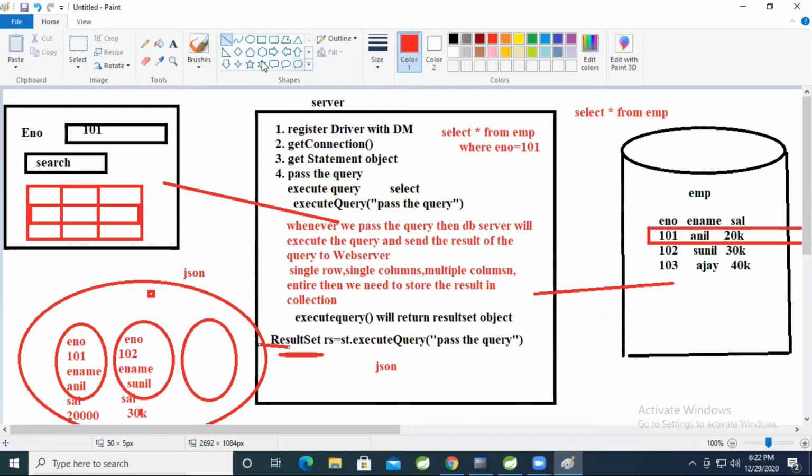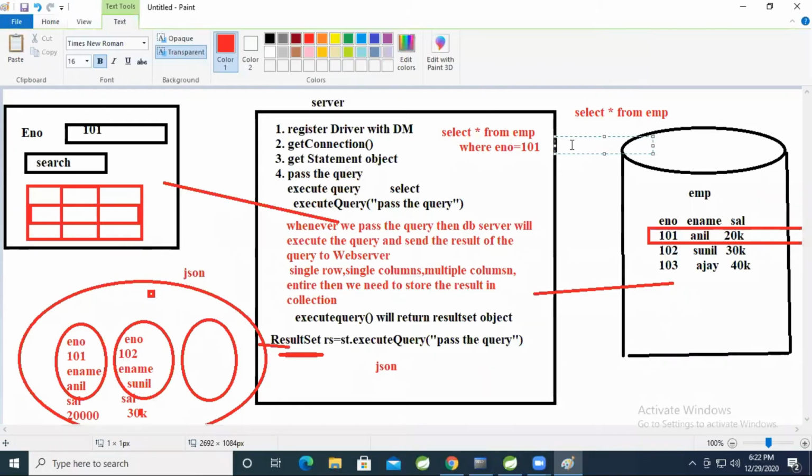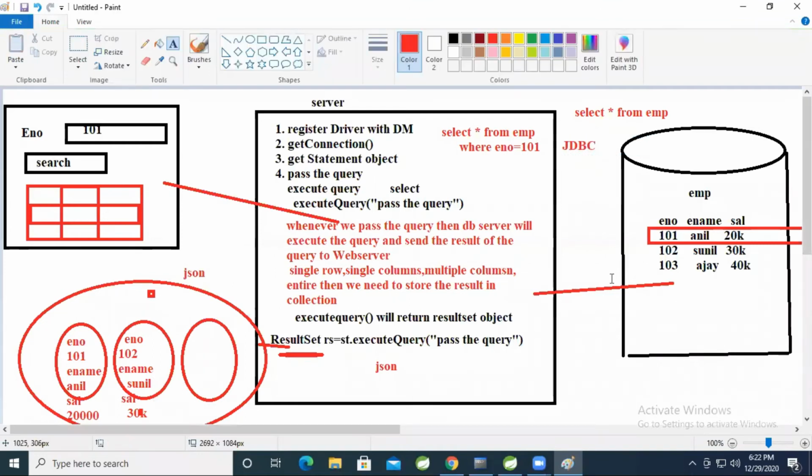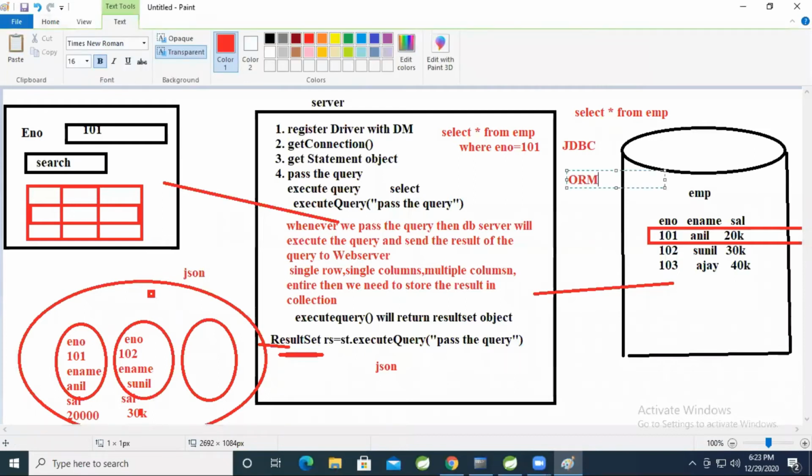Server to database, servlet will come, JDBC will come. When you communicate with the database through JDBC, JDBC also will send single values to the server. Then also the burden will increase or not? Yes.